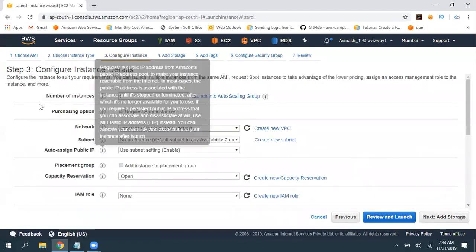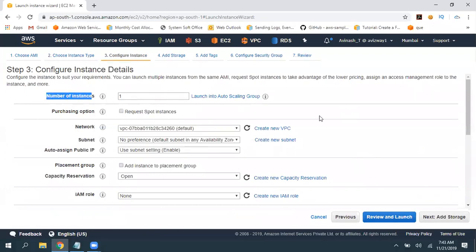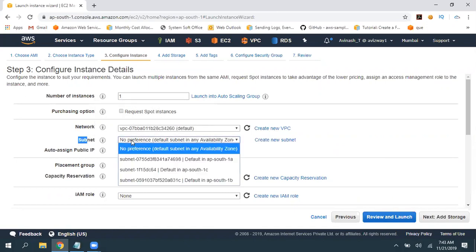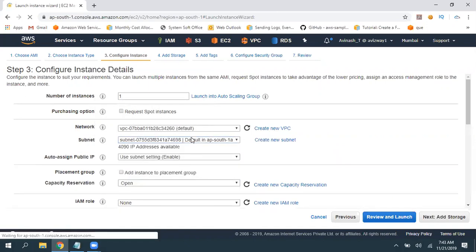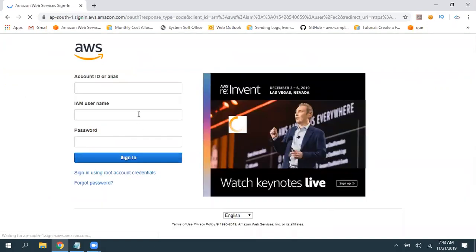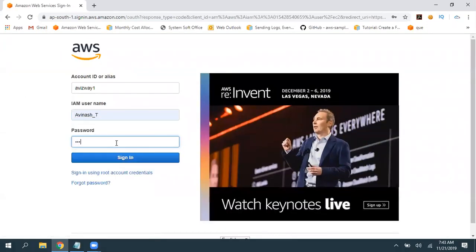So here, as I mentioned, we are going to discuss only a couple of options at the moment: how many instances you require, and in what network you want to launch. For example, sometimes you may need to launch an instance specifically in one availability zone. I want to launch only in ap-south-1a. I have an option under Subnet. I can go here and pick this. And ap-south-1c will not support t2.micro. It is locked out.